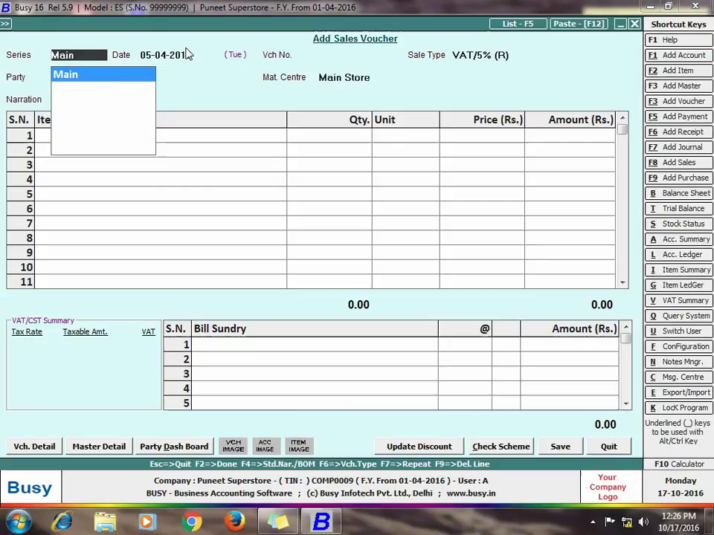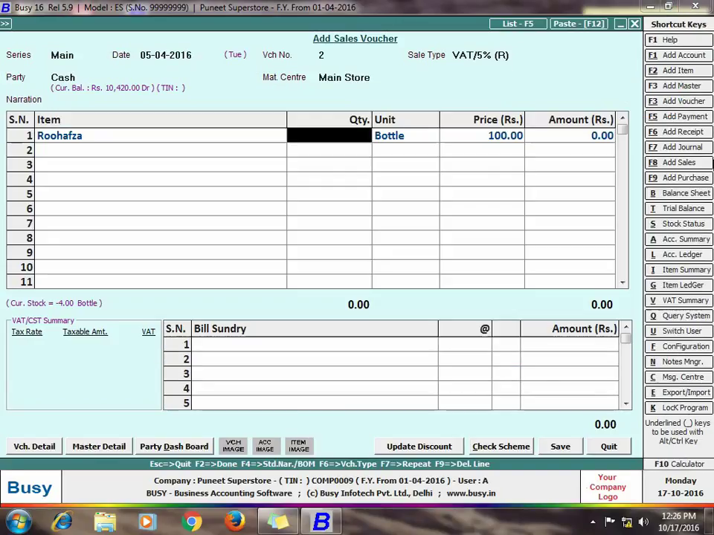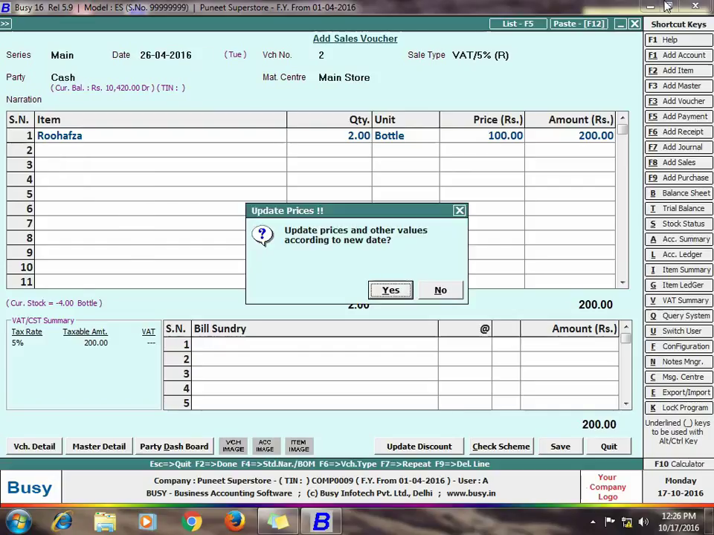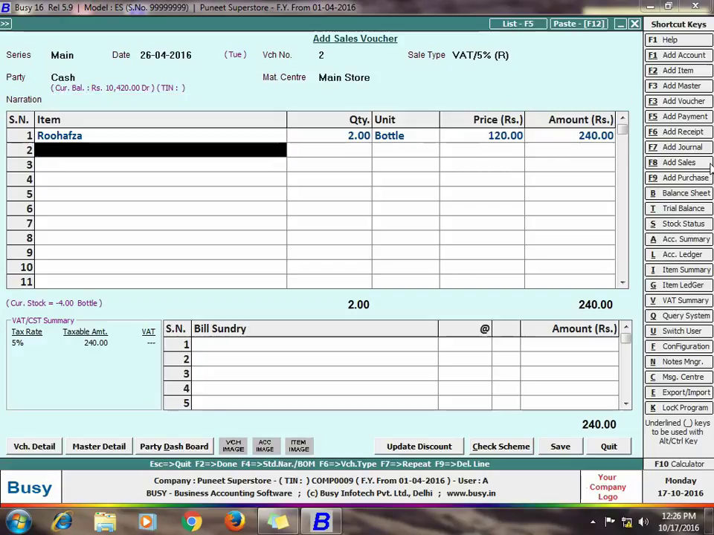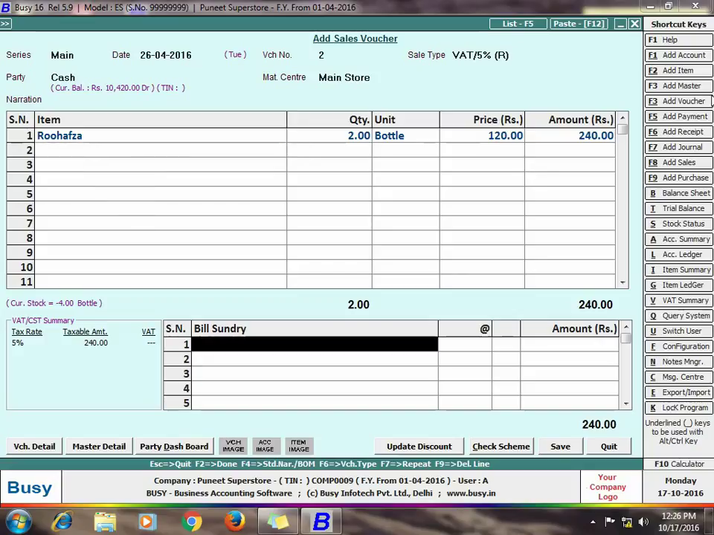Now again we are entering a sales voucher. We have entered the voucher for 5th April, so it is displaying the price as 100 rupees. Now we have changed that voucher date to 26th April and Busy has shown us the message to update prices according to the date. If you click the Yes button in the message box, then prices will be updated accordingly. As we have specified that from 25th April onwards the price will be 120 rupees, after clicking the Yes button in the message box, Busy is displaying the price of the item Ruh Afza